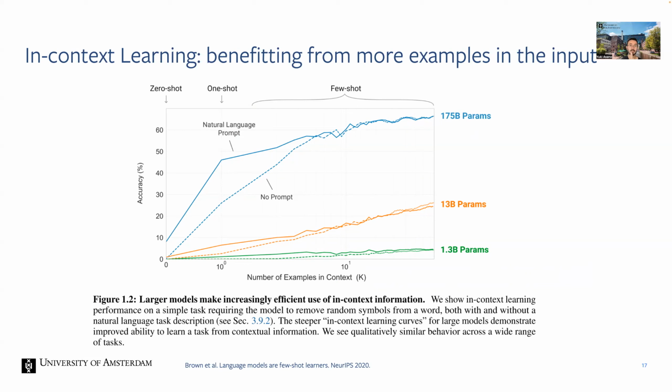But now if you keep adding examples, so if you give it one example, that's 1 shot, or if you give it a bunch more examples, that's the few-shot scenario, you can see that the curves for all the models keep on improving. But notably, the bigger models keep improving much quicker. So already at maybe 20, 30 tokens, 100 tokens maybe, or 100 examples in the context, the largest GPT model is benefiting a lot from the context and is working a lot better.